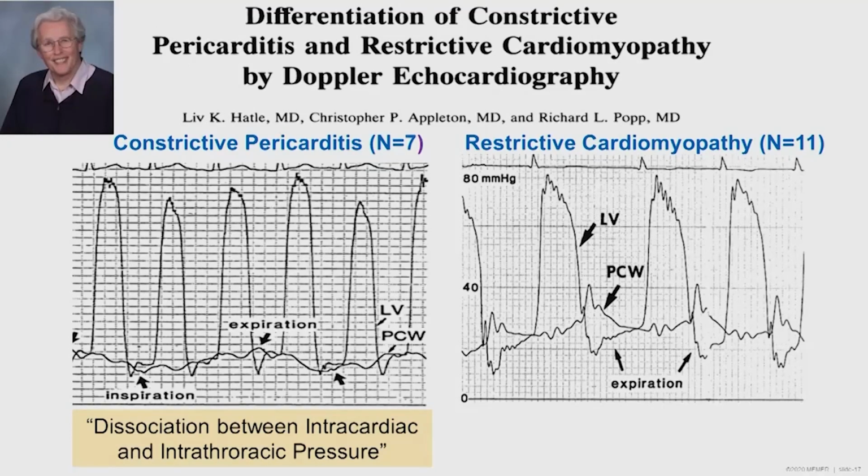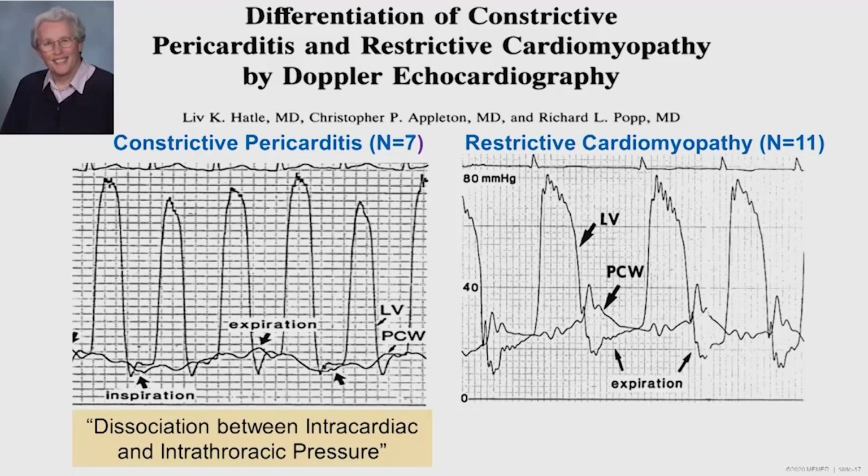And as you see here on your right side, in patients with restrictive cardiomyopathy, when you see the intrathoracic pressure, the pulmonary capillary wedge pressure, and then left ventricular pressure during diastole, when we breathe in during inspiration, the intrathoracic pressure, meaning pulmonary capillary wedge pressure, falls with the inspiration,